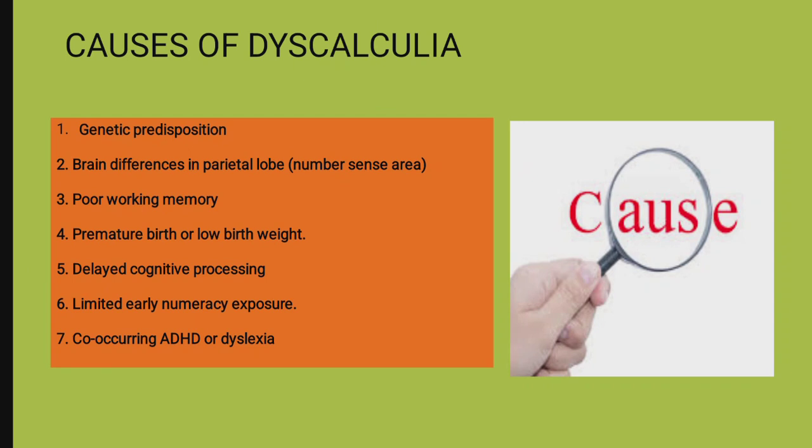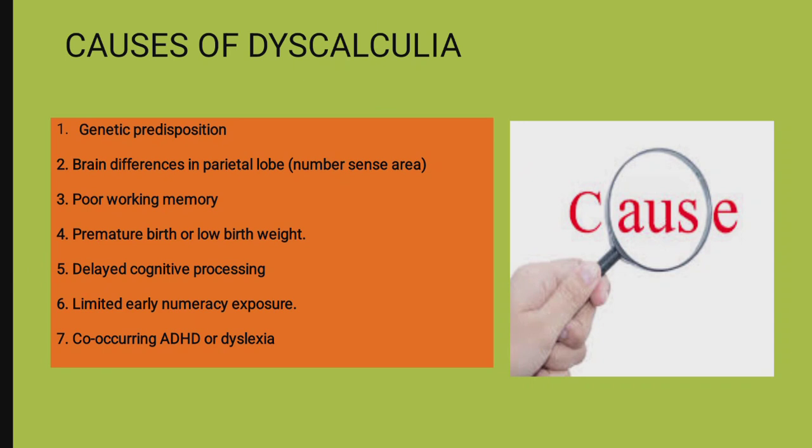Causes of dyscalculia: genetic predisposition. That's why most learning difficulties are inherited, especially from the mother's side. Brain difference is in the parietal lobe, the number sense area. So as a learning interventionist or as a therapist, you are partially a doctor, because you must know parts of the brain. Then poor working memory, premature birth or low birth weight, delayed cognitive processing, limited early numeracy exposure, and